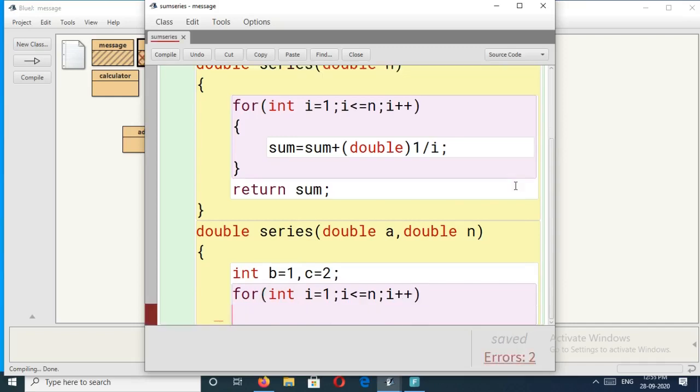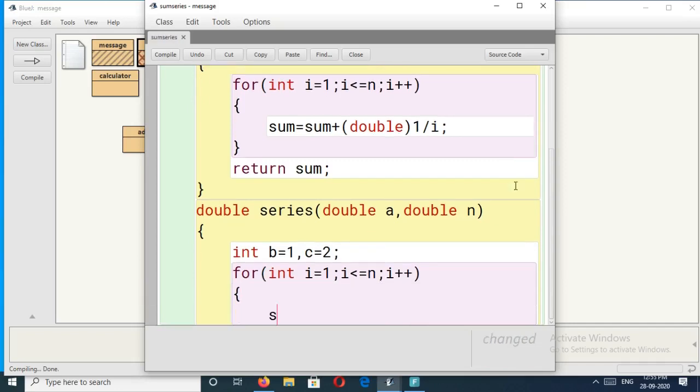After that, open the curly bracket, then enter. sum is equal to sum plus, within brackets, double. Okay, then what's the name of the numerator? Here I had given b. Then you can give b divided by, see, you have to find the value of the power of a.